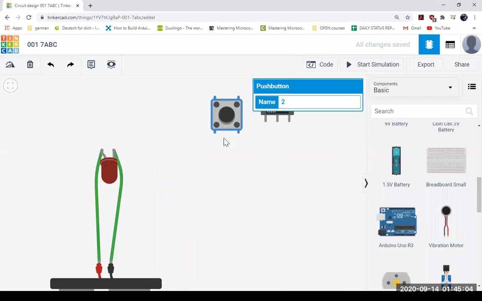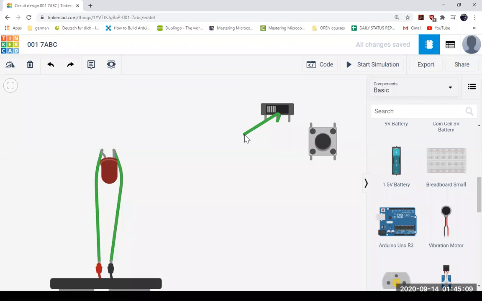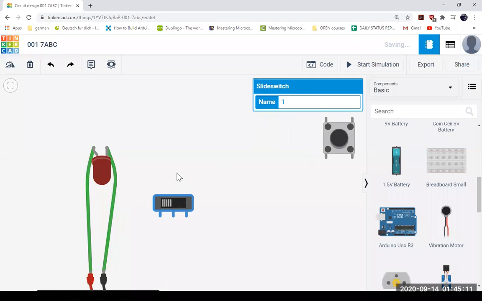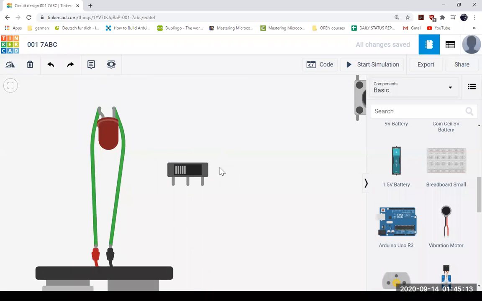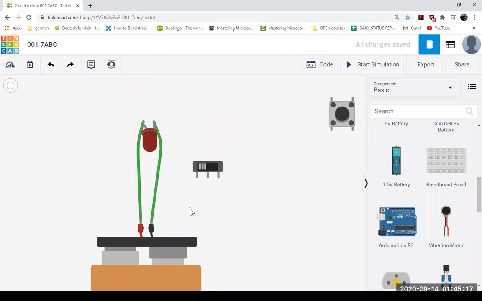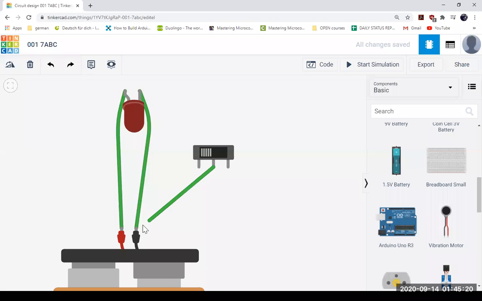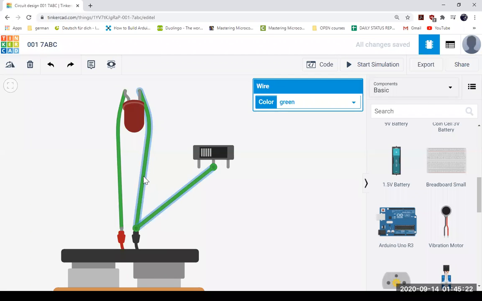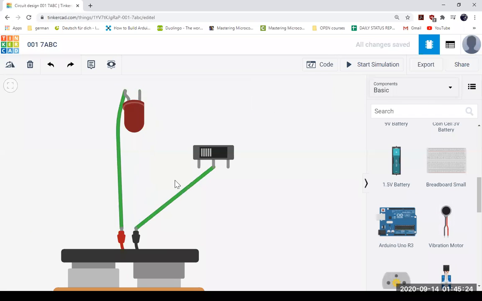So if I want to use this one, okay. So rather than this, I want to try this one because this is an easy example. Okay. So always remember this will be the common terminal. Okay. So this is the common terminal. So the common will be connected to the main supply. I have to disconnect this. Okay. So if I want to keep it on, it is in the on position. So how do I want the current? It should go from here and then from here then here. So I will connect it like this.